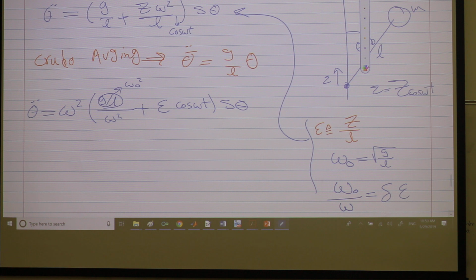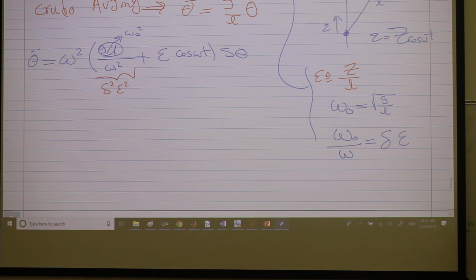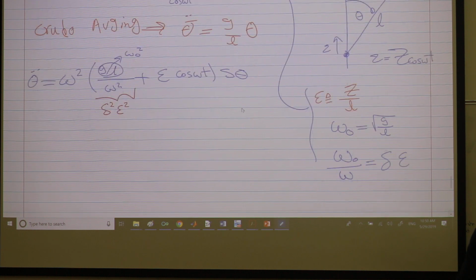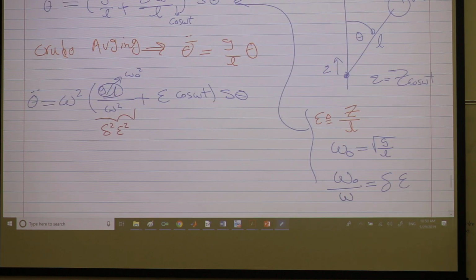So this guy is omega naught squared over omega squared, which is delta squared epsilon squared. There is a usual trick that we always do when we need to generate this form. Something first order is okay, but I need to generate epsilon in front of everything. This is the point. If you don't have epsilon, how to do it? Well, I can change the time scale, which is indeed the case. So I can define